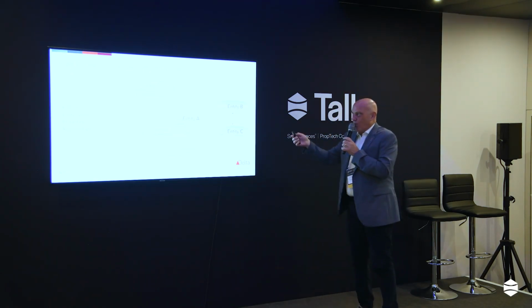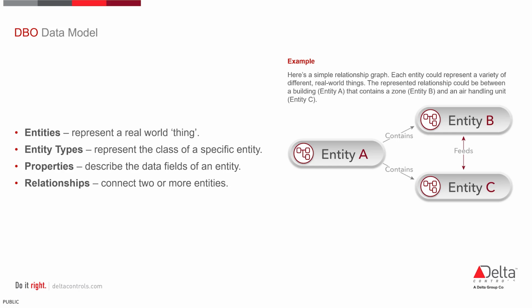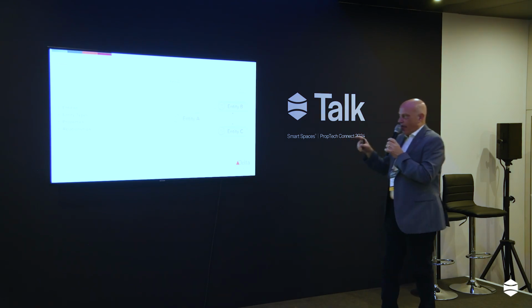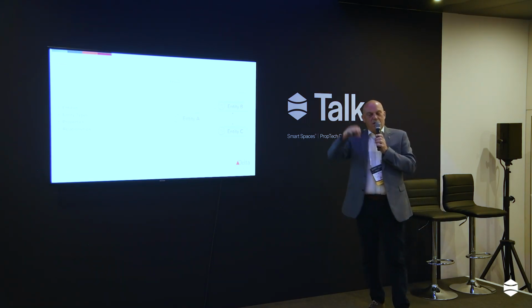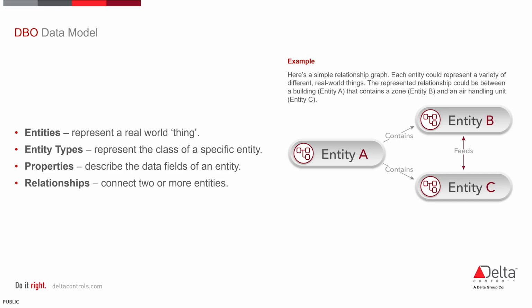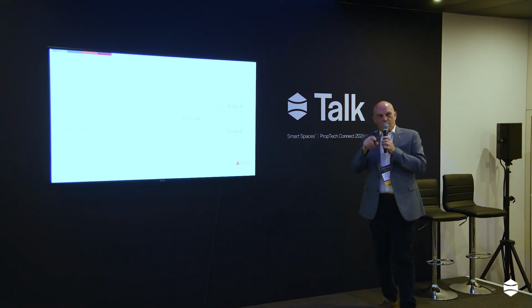So just a couple of slides about what DBO is. It classifies things as entities rather than pieces of equipment. And you have entity types, and they define everything. So it will define an air handling unit or a lamp fitting or a chiller, whatever that piece of equipment is, as an entity type. And you have different types of air handling unit, different types of chillers, but they're defined within DBO. And then an entity has properties. Properties being a temperature reading, a valve position. There's a property of an entity and a relationship. So when the valve opens, the temperature should change. Things like that. So within the ontology, it describes what is expected from that piece of equipment.